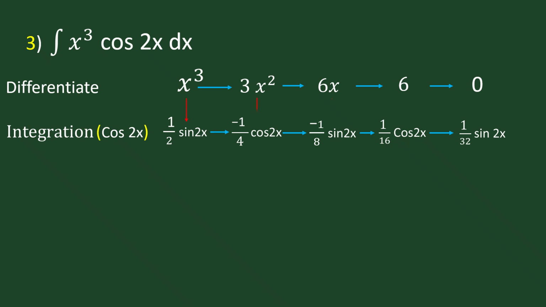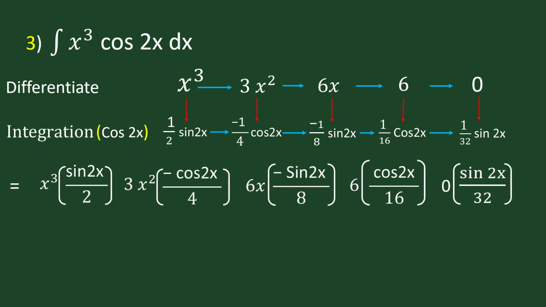Now, pair and multiply. Apply alternate signs plus, minus, plus, minus. Add plus C. So, the answer is